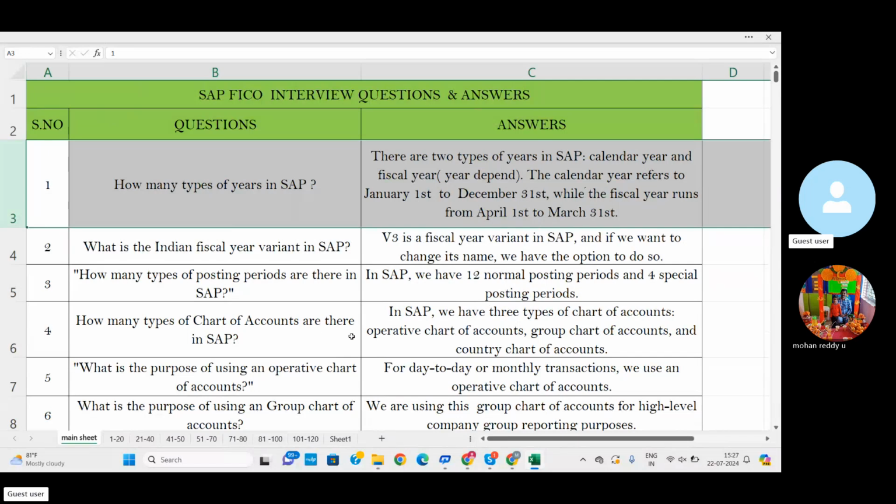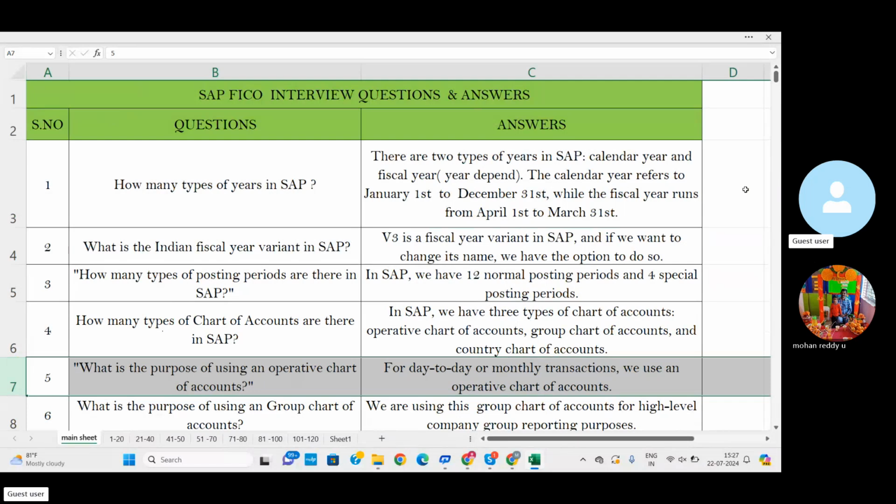And the fourth one is how many types of chart of accounts are there in SAP. In SAP we have three types of chart of accounts: operative chart of accounts, country-specific chart of accounts, and group chart of accounts. Then another, the fifth one,